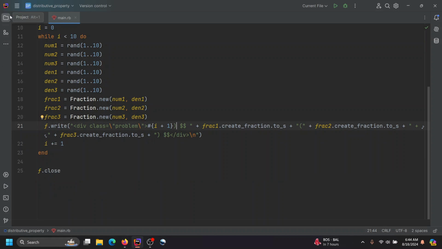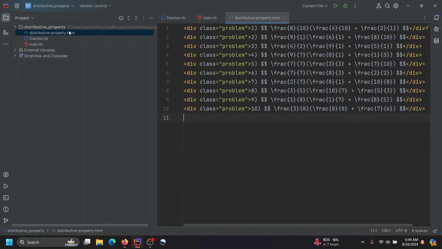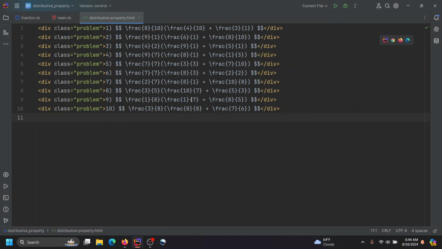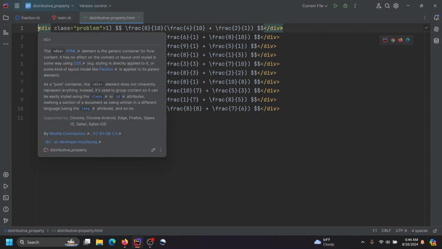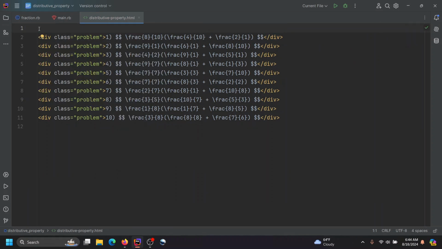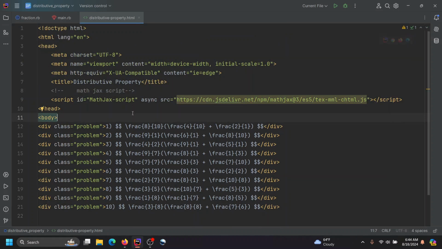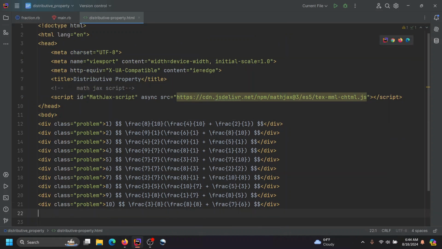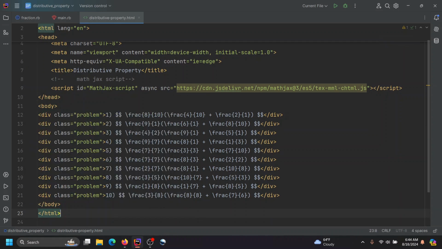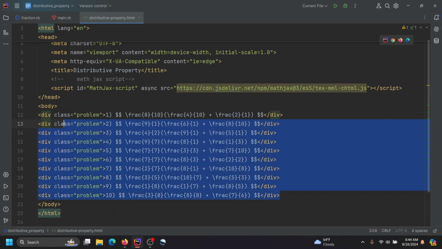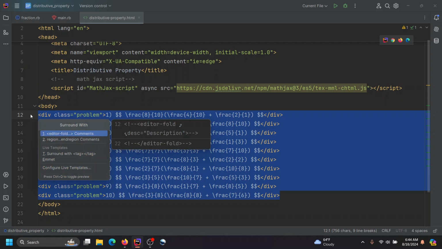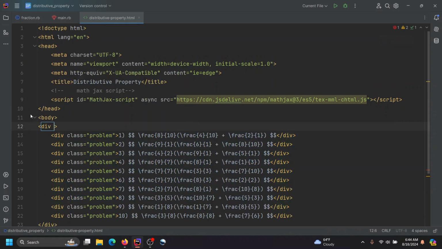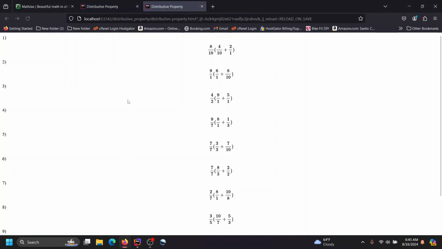Okay, go back to here, open up the distributive property, and go here and paste in that code. Close out this, close out that. Wrap this with a class of container, because we're going to use that for styling in a moment. So now it's getting there. So now we have the numbers on the side here. So